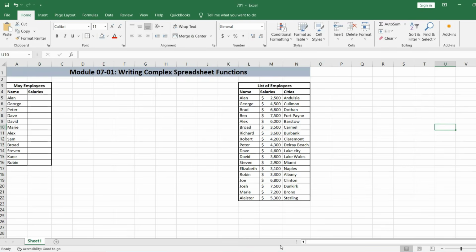Let's dive into a practical scenario where AI can significantly aid in Excel functions. Imagine you're working on a spreadsheet with a list of employees containing names, salaries, and cities. Now, consider you have monthly employees and you want to incorporate salary information from your employee list without manually searching